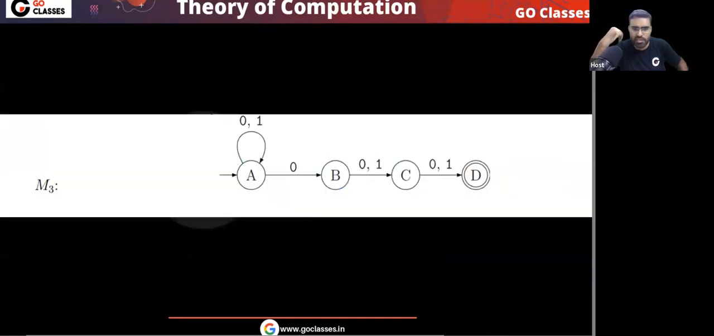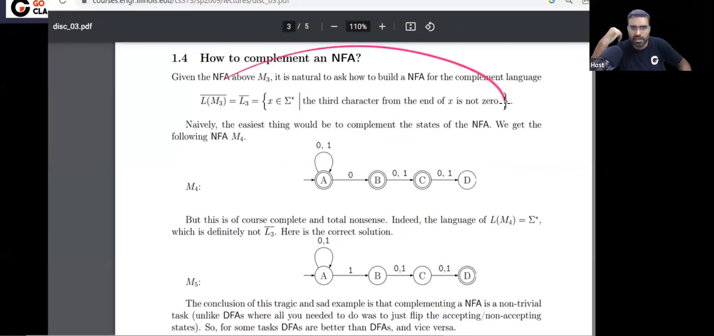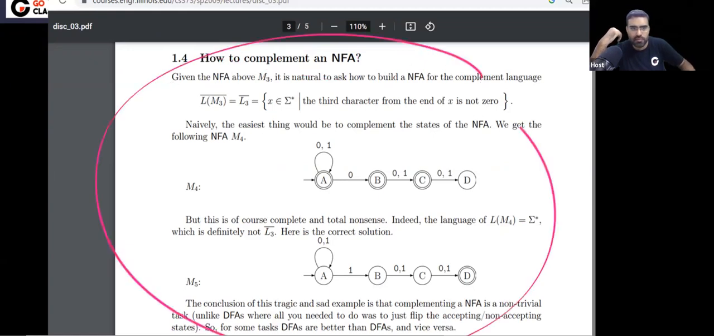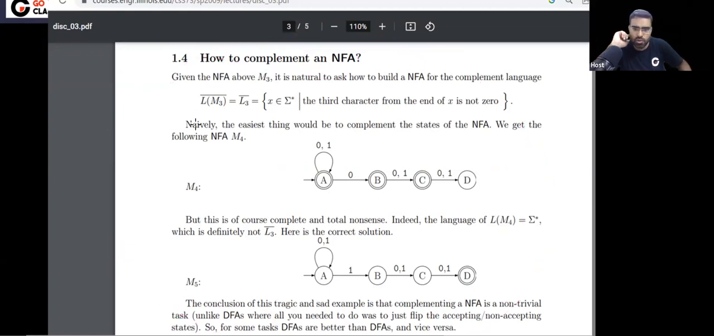Please tell me, did you understand this? You can read this article on how to complement an NFA. This is from Stanford University. This is a standard article. You can read this yourself. So what I want to tell you is, if you want to complement a language,